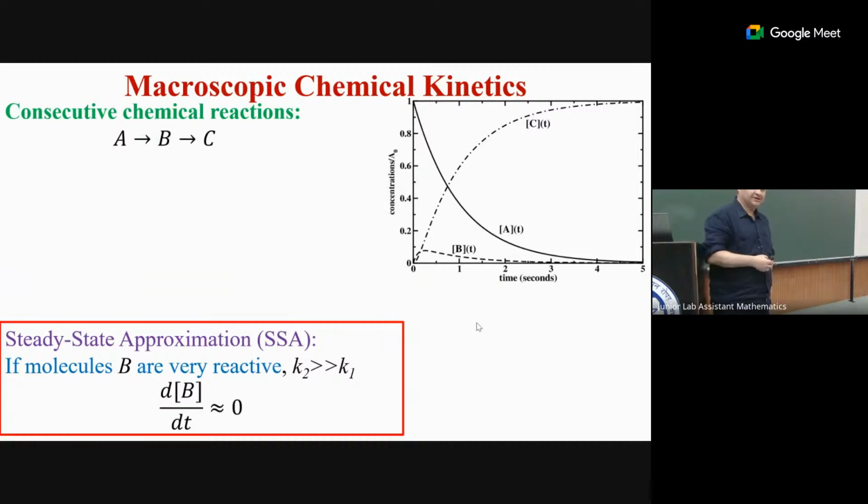And frequently in chemistry, if you ever took a chemical kinetics course, did any one of you take a chemical kinetics course? Can you raise your hand so I can see? Good, at least one. So what chemists do, they don't really like to solve differential equations. They really don't. So let's assume that this intermediate is very reactive, which means that the rate of consuming B is quite fast. Then you can do this approximation, and it works reasonably well. This picture is done for this situation. So you can really approximate that B is more or less constant, slowly changing. This is the steady state approximation, and it's actually very powerful. In chemical kinetics, many mechanisms people determine this way.